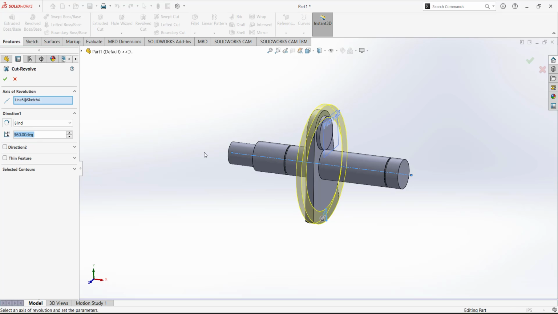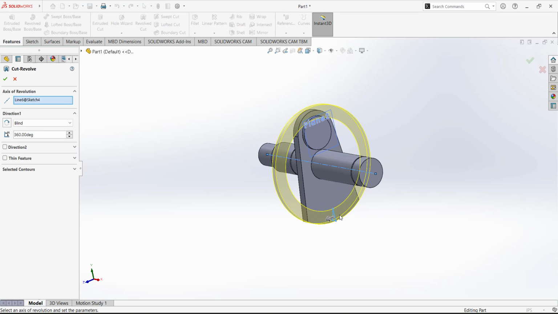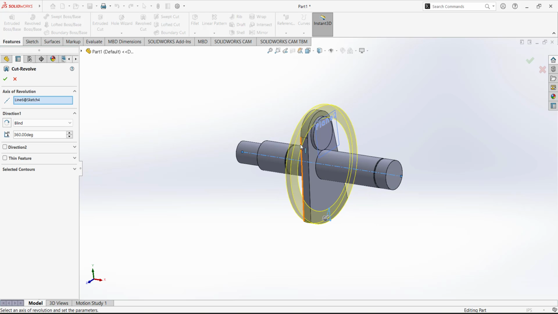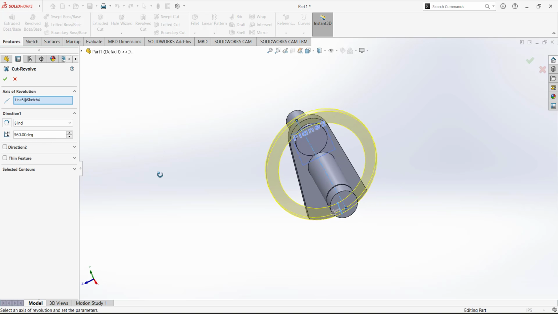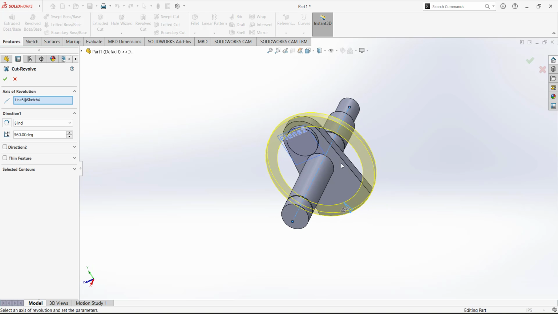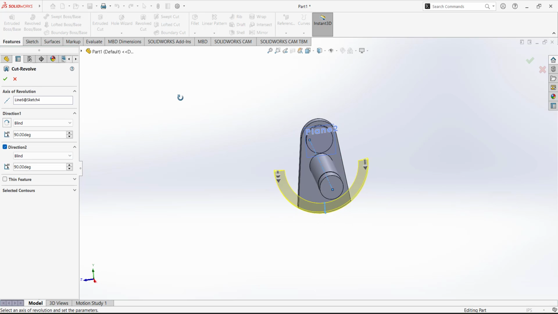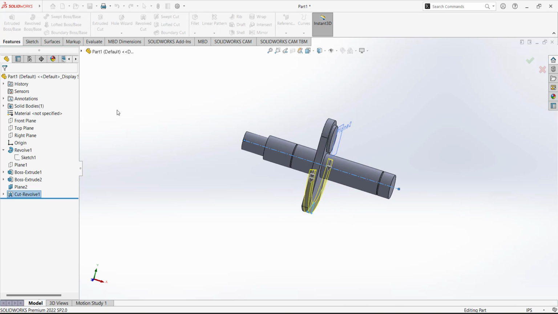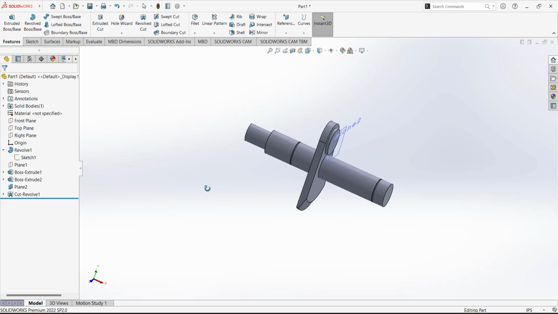So revolve cut, and you can see it is revolving around this center line, but we don't want it to cut the 360 degrees. We want it to cut from this side till this side and till this side. So we just put 90 in one direction and direction 2 also 90, and it will cut the required material. Okay,